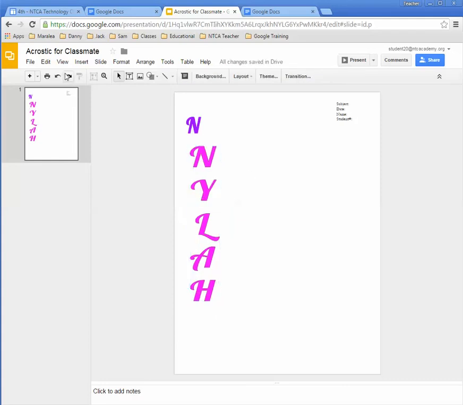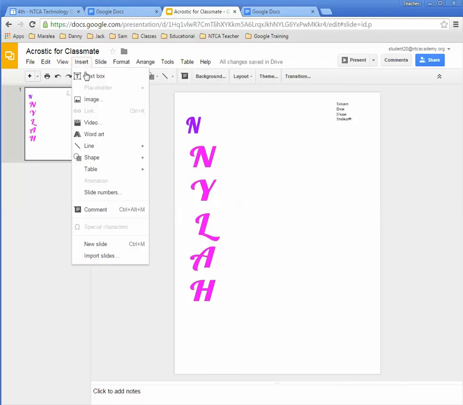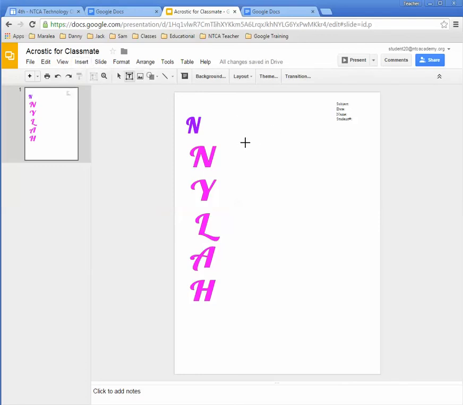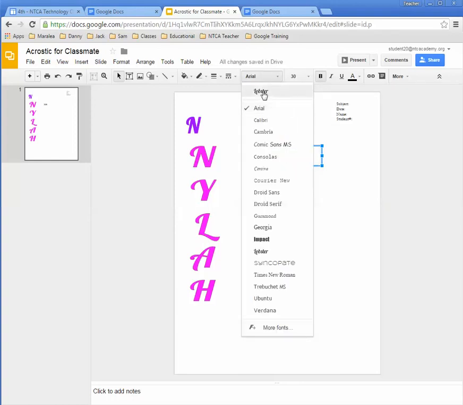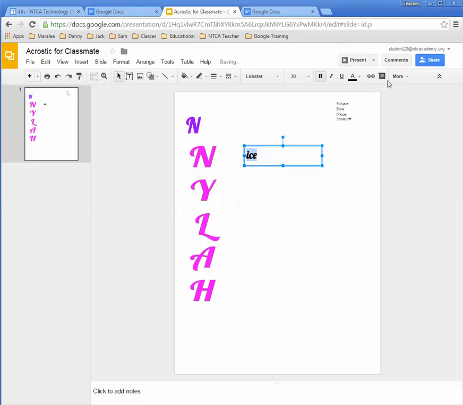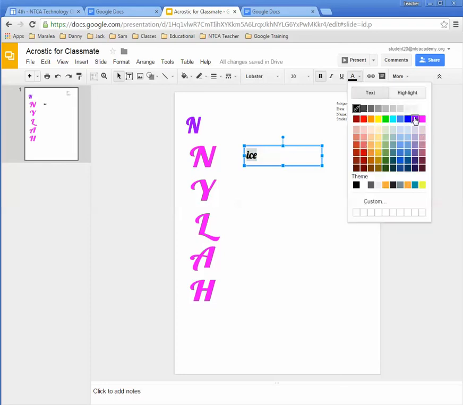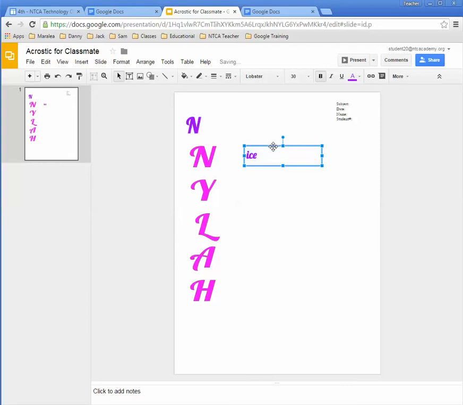Now I can start bringing in some text boxes. You can either use this one, which is the icon on the toolbar, or you can just simply insert a text box off the insert menu. Both of them do the same thing. So let's say I wanted to just type in the word nice. And I can change again just by clicking and dragging. I can select that text. I can bold it. I can make it bigger. I'm doing the font size, and then I can change the font type, and then I can even change the color. So here, let's say I want that to be purple, and I can bring that over here,